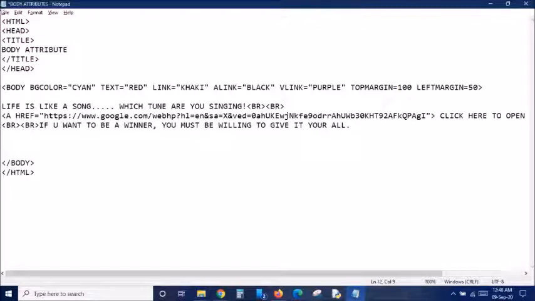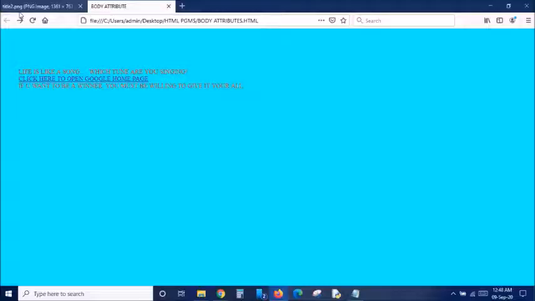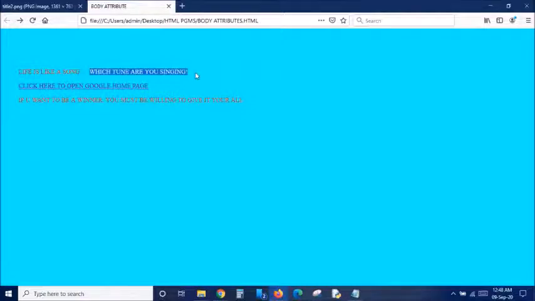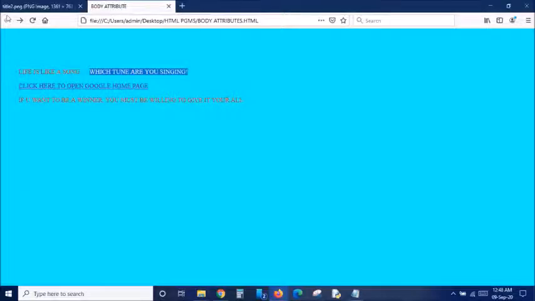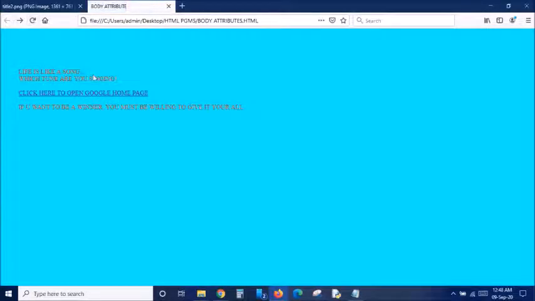Like this, you can have n number of break tags. You can use n number of break tags in your web page. So refreshing the page, you can see, this is how you have to leave space. You can even break your sentences. You can even break your paragraph. Suppose you want this to be presented on the next line, you can use it even in the middle. So here you have to use it. Save it. Make sure you are saving each and every time. Refresh it. Now you can see the difference.